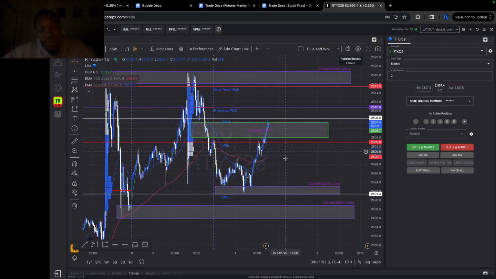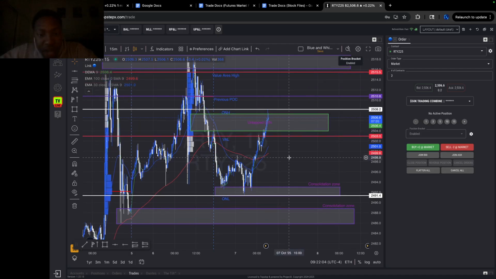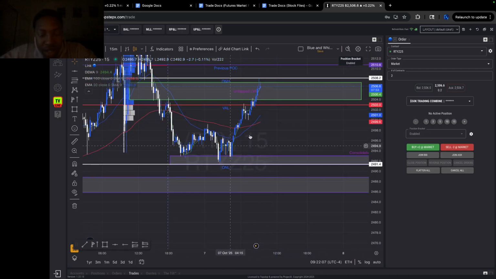So, why is this important? Overnight, you have a good amount of orders being made from the Asia session, right? So the Asian banks and the Europe banks, they're trading and they're a lot more active. They do get active during New York session, but you have a lot of orders,